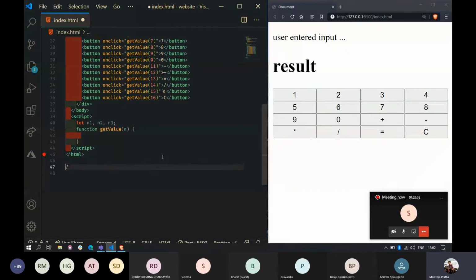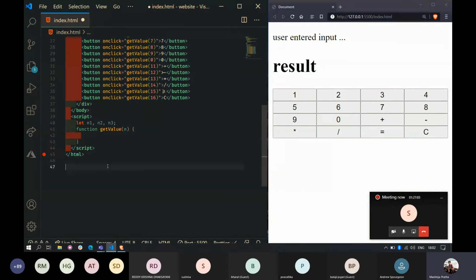So how many values are we going to read? 3. Not 3, I mean 4 values. Why? Because 10 plus 20 as well as equal to. So whenever the user clicks this equal to button, I need to perform the operation and display the result. So that's why we need to read 4 values. So now let's observe this carefully.